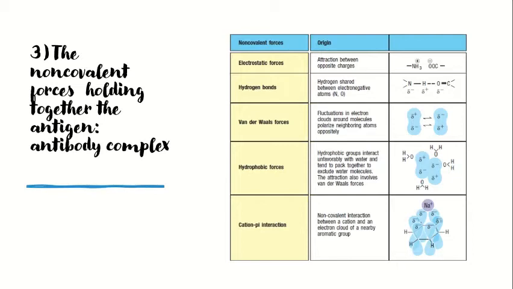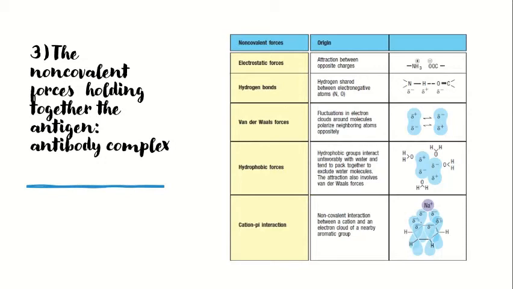Other interactions included are the hydrophobic interactions that occur when two hydrophobic surfaces come together to exclude water. And in some of these cases, water molecules are trapped in pockets at the interface between the antigen and the antibody, and these trapped water molecules, especially those between polar amino acid residues, may contribute to binding and hence to the specificity of the antibody. So the different interactions can determine the specificity of the interaction between the antigen and the antibody molecule.